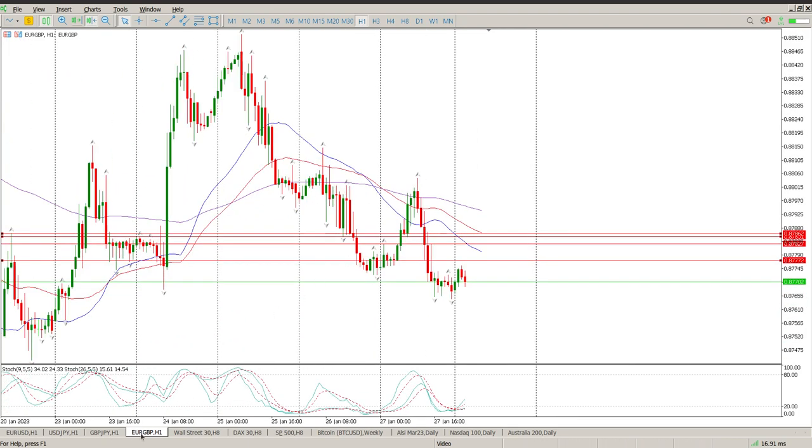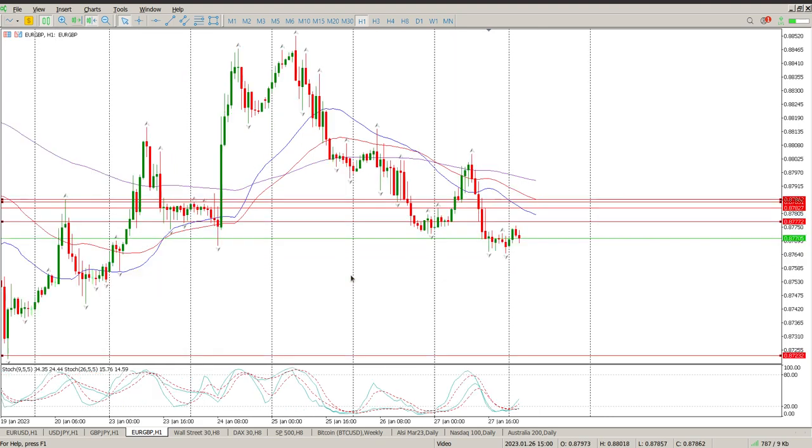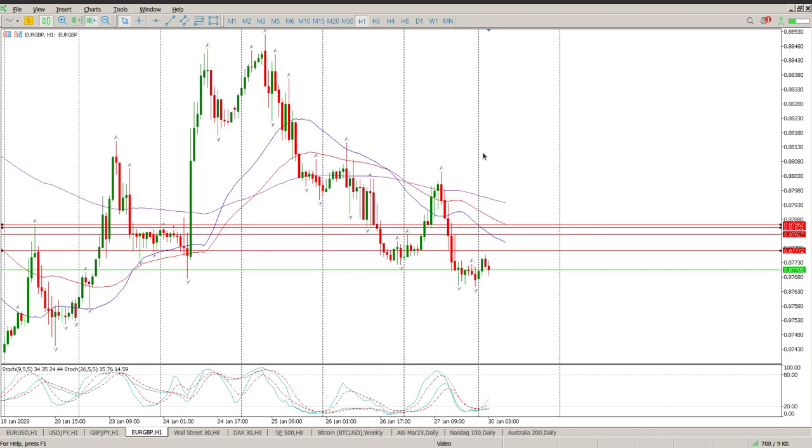There is opportunity here, but again, bear in mind there is so much data coming out that we would probably be wise to just wait for some of the data to come out before we can get a clear picture of what direction we're going to head in. So for me today, Forex is really a clear sit on hands. I'm not going to get myself dirty here. Let's just wait and see what today brings,